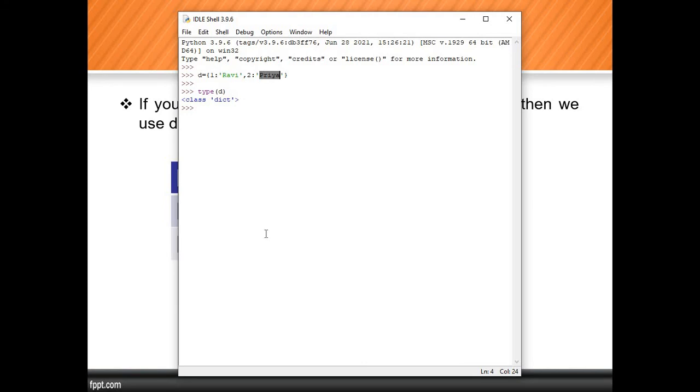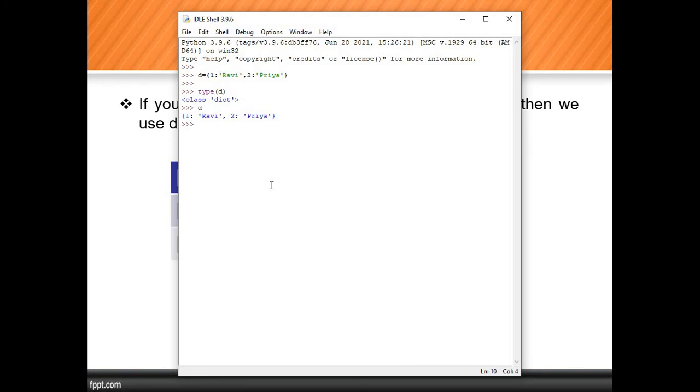When we're trying to print the dictionary, we get the output: 1 Ravi, 2 Priya. In that dictionary also slicing and indexing is not usable. Slicing and indexing is not able to be used. If you want to print that information, you can use a loop also, or by using D directly we can print that. So this is about the dictionary.